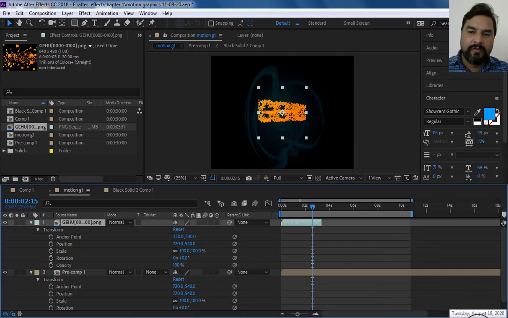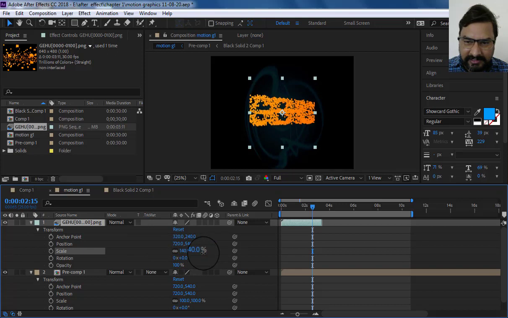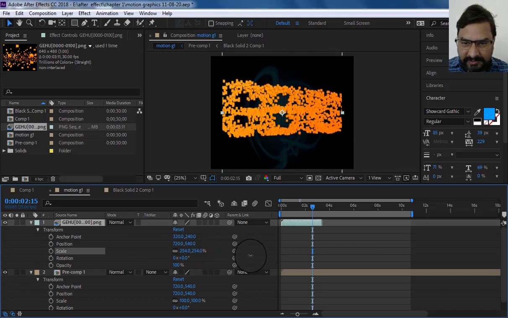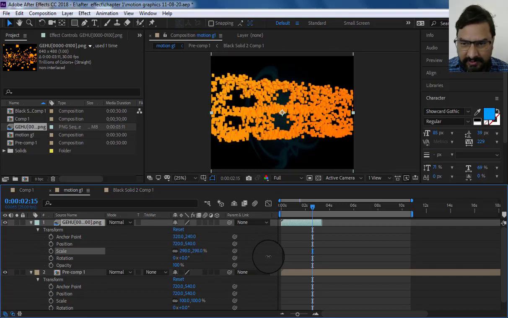Now what we do, we can place this in top view, and then go to scale size and resize this object according to our view.